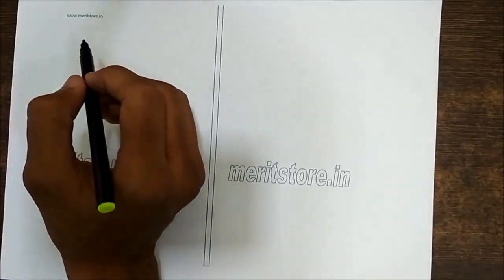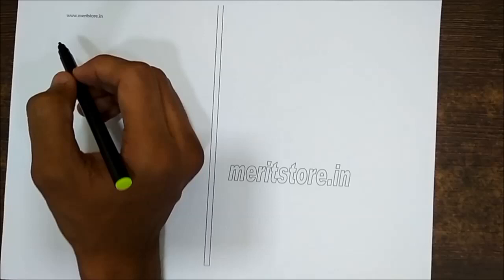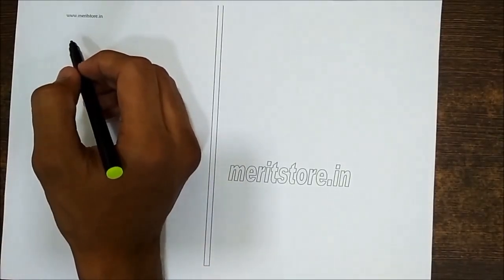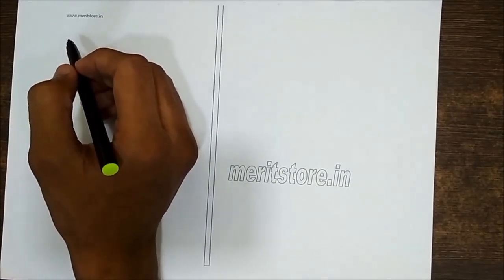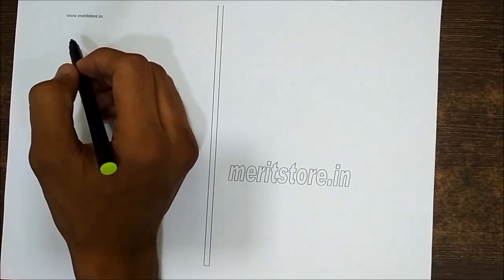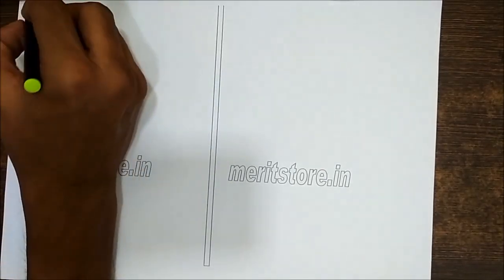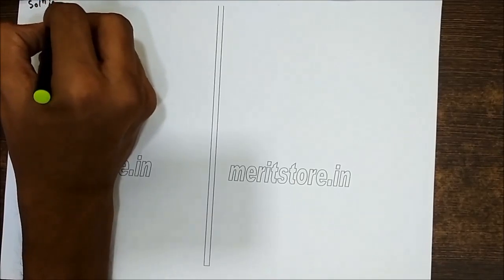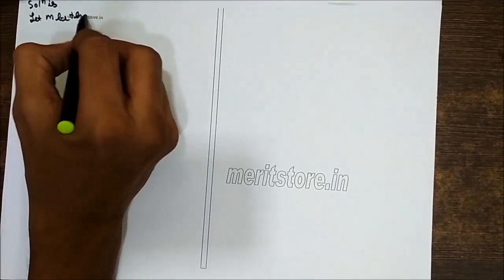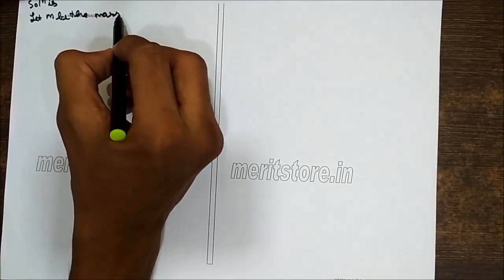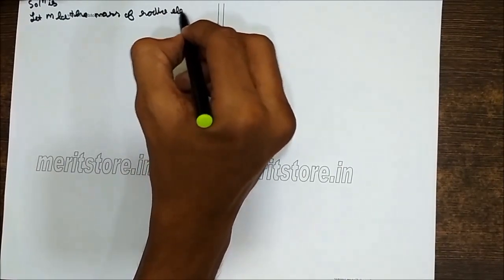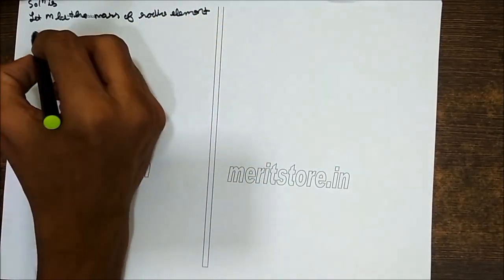Okay, let's take another example. The rate of disintegration of a radioactive element at any time t is proportional to its mass at that time. Find the time during which the original mass of 1.5 gram will disintegrate into a mass of 0.5 gram. Okay, so the solution is, let m be the mass of radioactive element present at time t.